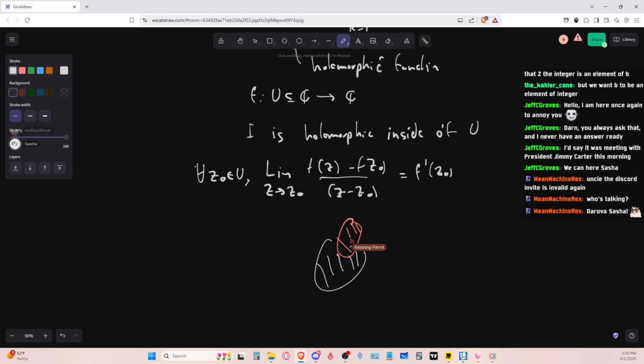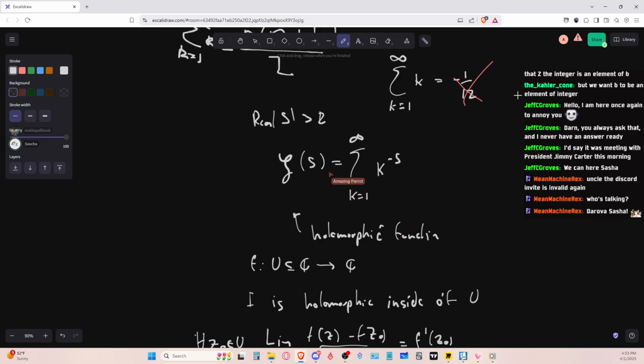For smooth functions, there's a bunch of crazy ways you can continue just a smooth function. But in the complex case, this cannot happen. If you can extend your function, there is only one way to do that. And it turns out that the Riemann zeta function can be extended to pretty much the whole complex plane. In particular, it will also be defined for values like